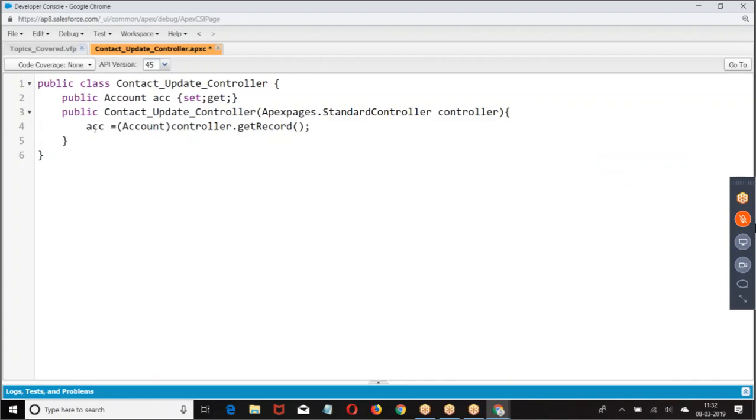Now, if you are creating a new button, which data will come? Only the record ID will come. Along with the record ID, if you want any other fields, what do we need to do?